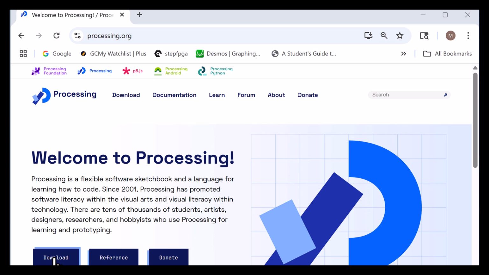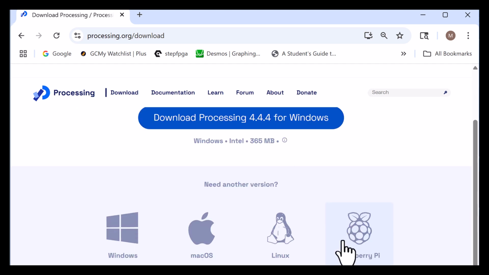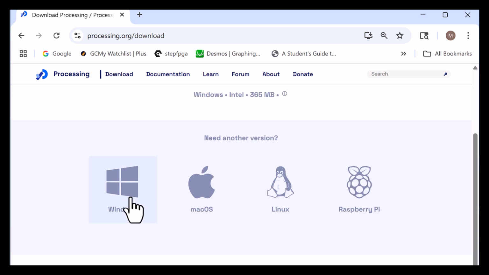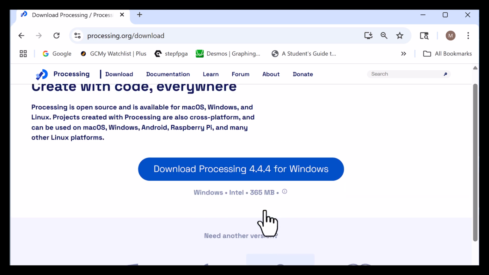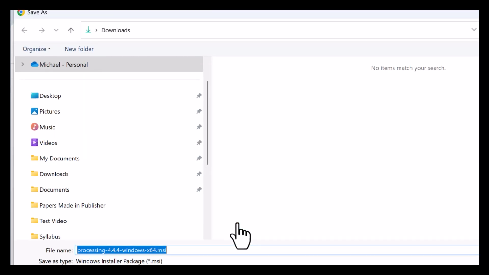So here we go. We're going to click on download, and download will take you to the appropriate download for the type of machine you're using. So if you're using a Windows machine, it should take you right here. Now, if it doesn't, you can always scroll down a little bit on this page and click on your appropriate install. So if you're using a Mac, for goodness sakes, pick the Mac option. There's also the Raspberry Pi, which is very cool that it runs on this little tiny single board computer, and then the standard Linux installation. So I'm just going to click on download Processing, the current version for Windows,